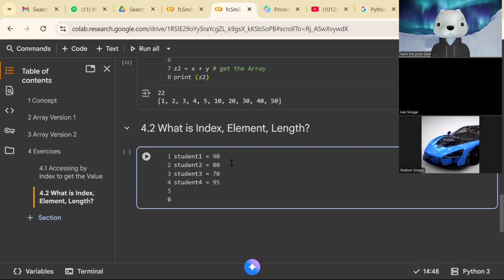If you have it like this, it's going to use a lot of memory.